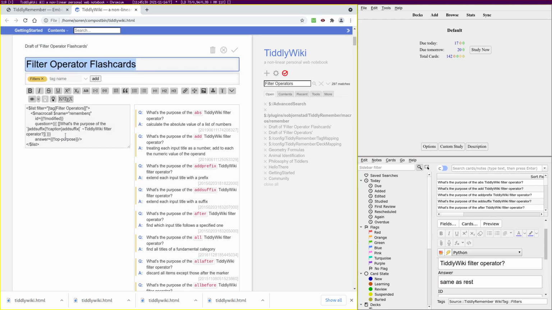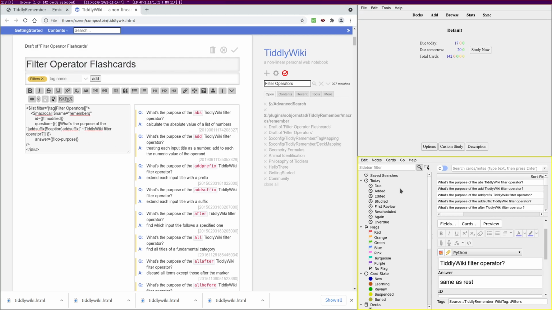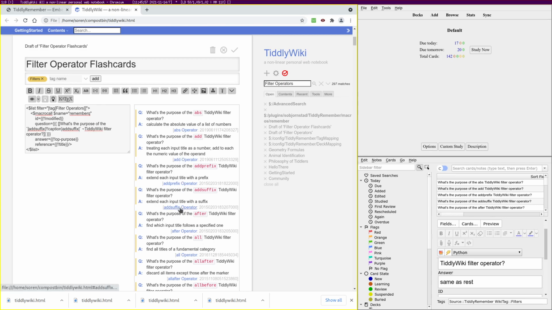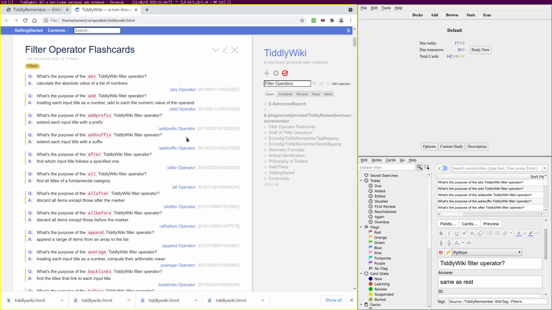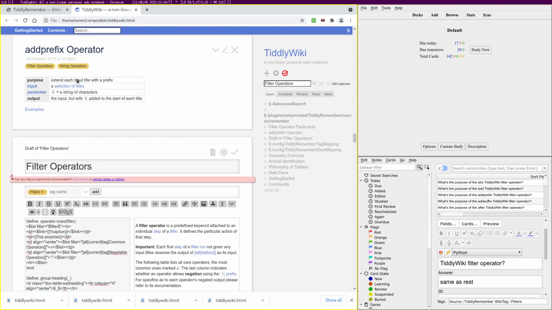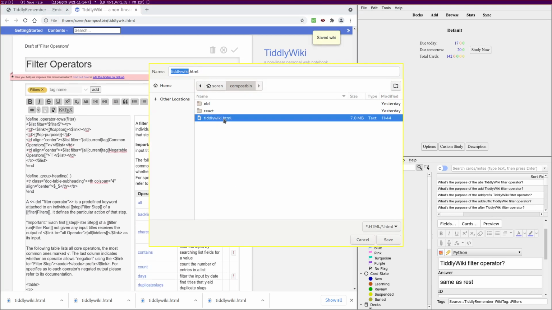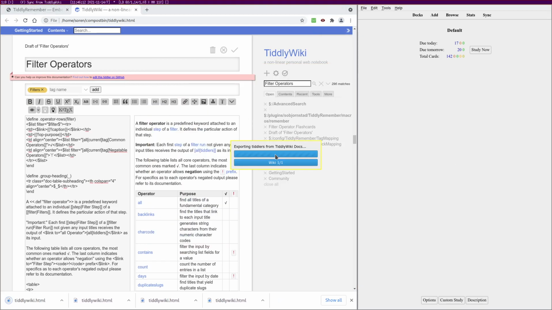This is where the reference parameter to remember Q is going to come in handy. So currently we're using what's called soft references. The reference that appears within Anki is just the tiddler that the flashcard is contained within. But we can also use a hard reference in which we specify explicitly which it is going to be. So in this case, we're going to transclude bang bang title, or equivalently the current tiddler variable would work there. We can see now that a link to the specific tiddler that contains the information is now appearing as part of the reference. We can click on that directly within TiddlyWiki, and it will take us to the information on that operator. And of course, when we save the wiki and sync yet again,